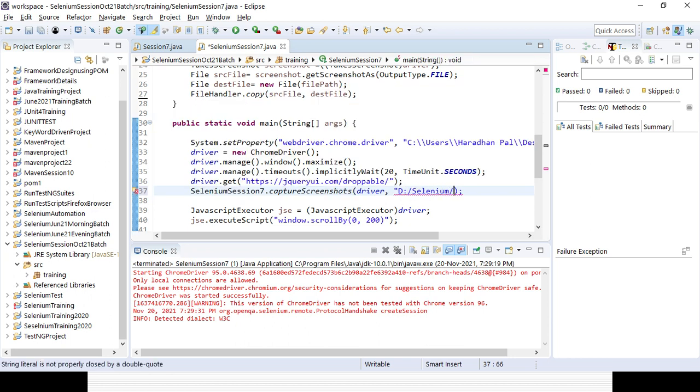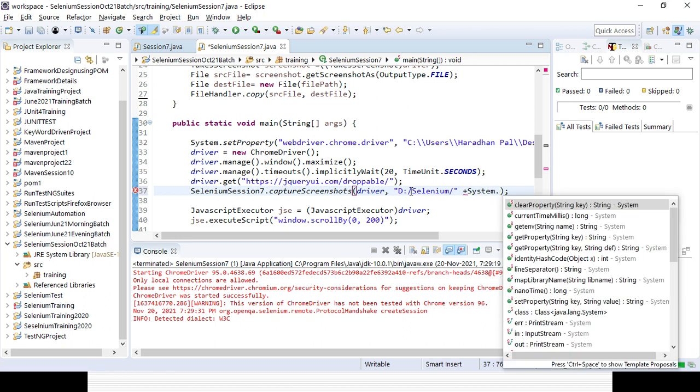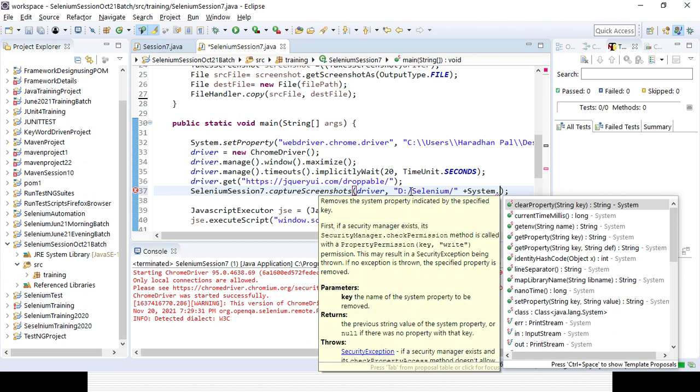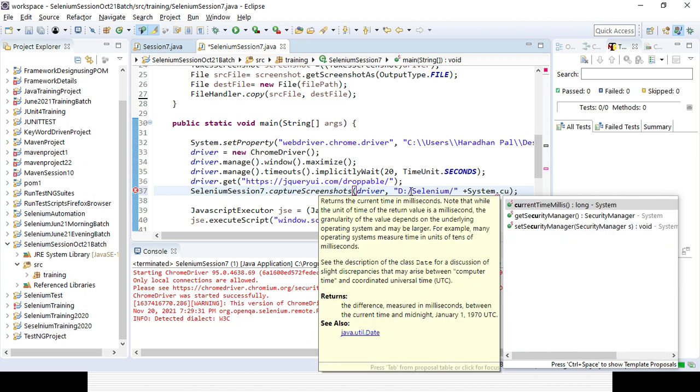Here I can give the file name as test123 like that, but definitely every time you need to change it. That is the reason I can concatenate it with the millisecond part. So let's close it and concatenate, plus System dot currentTimeMillis.